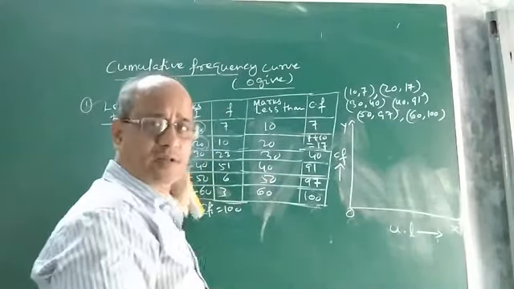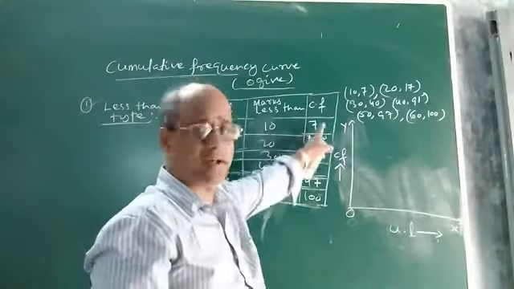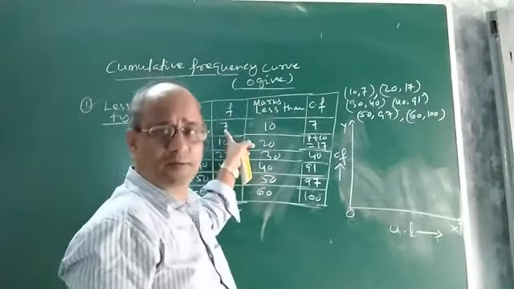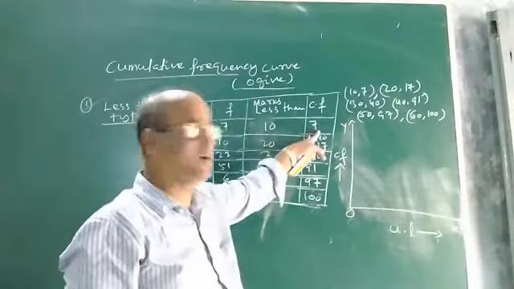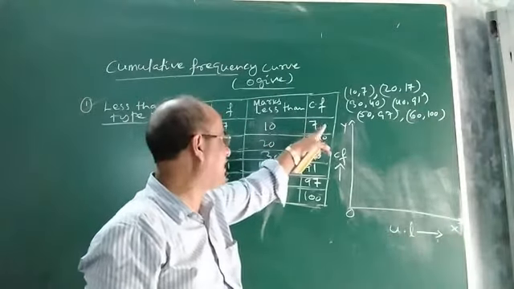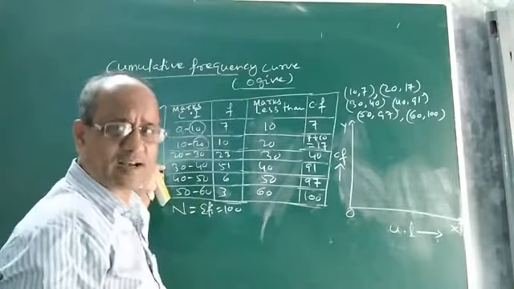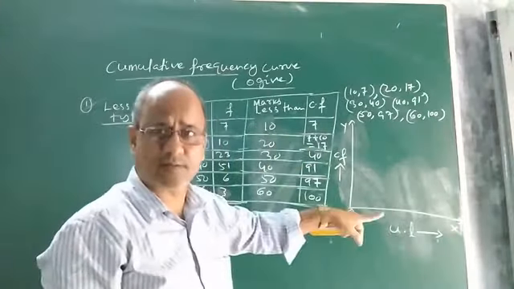Take the upper limits of the given classes along the x-axis on choosing an appropriate scale. Then find their corresponding cumulative frequencies. By taking the first frequency as the cumulative frequency and then adding this cumulative frequency to all the rest of the frequencies of the rest of the classes, you will get the CF, I mean the cumulative frequency, of the rest of the classes.